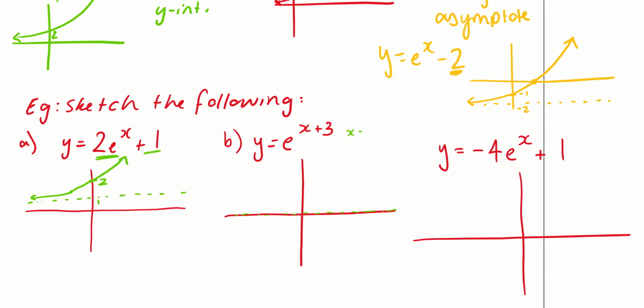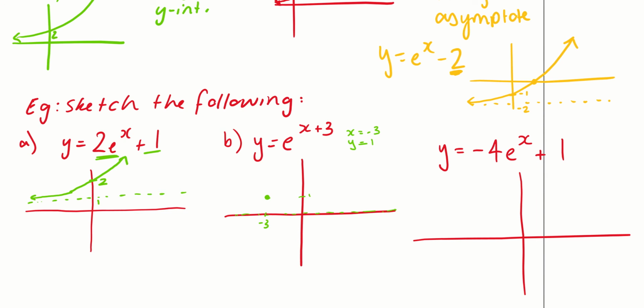Well, I know that at x equals -3, I'm going to have y equaling 1, because at -3 I have e to the power of 0, and anything to the power of 0 is 1. So at -3 I get a y value of 1. So I know that it passes through this point. I know that it has the asymptote as normal,